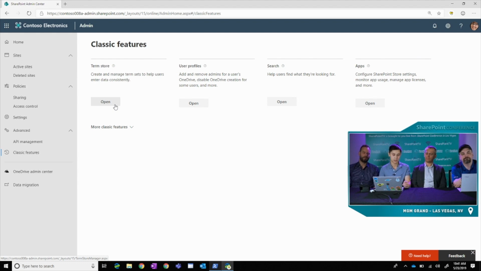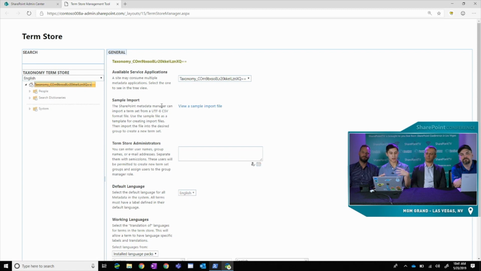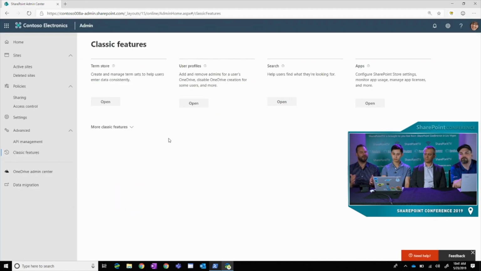Okay. So for instance here, I'll open the term store, and it actually opens a new tab because it's not a modernized experience and it's the exact same UI people have had for years. Okay. That way you're not jostled. You know that you've left, you've gone somewhere else. Exactly. It's not the integrated experience. Makes sense. Exactly, it was one of the top pieces of feedback that we heard. They had to go back to the old experience to do this work. Now that we brought it here, you really don't have to go back. You can stay in the new experience that will take you to the pages that you were looking for